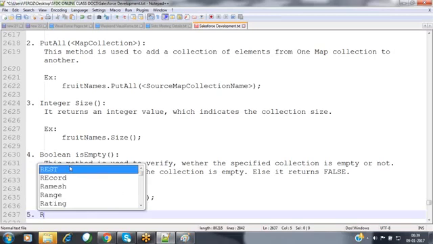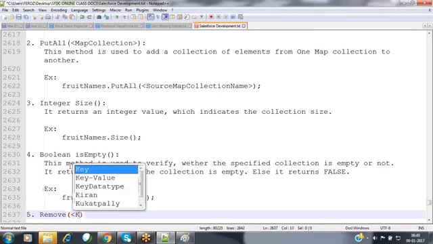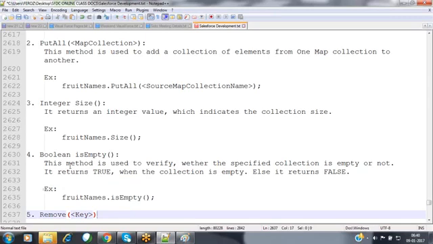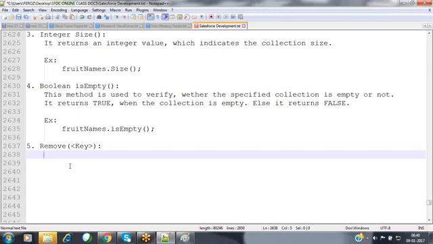And the fifth method is remove. If you want to remove an element from the collection, then we have to pass the key. Based on that key, we can remove the element. First of all, it will verify whether any element exists with this key.